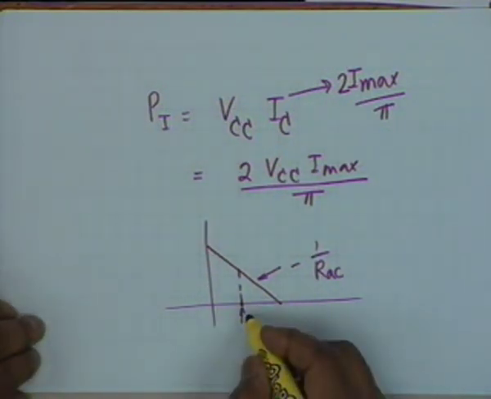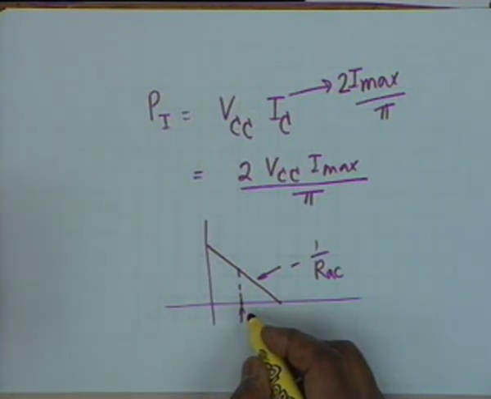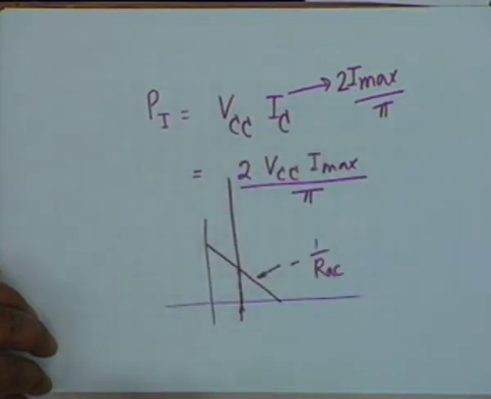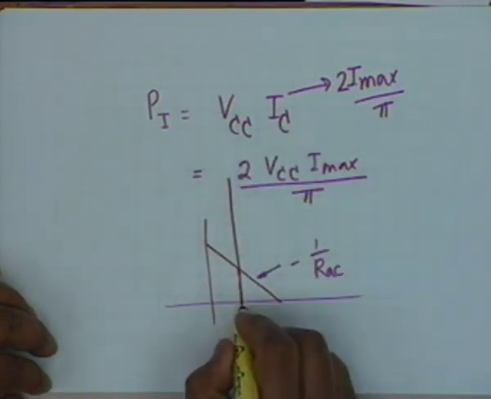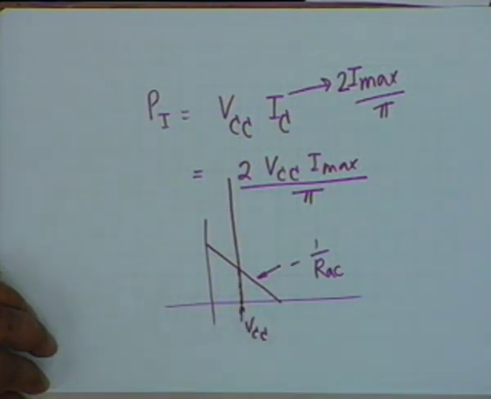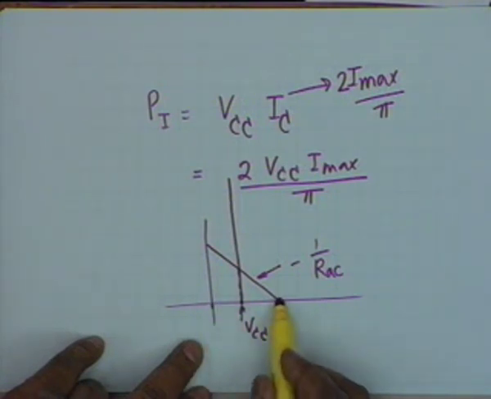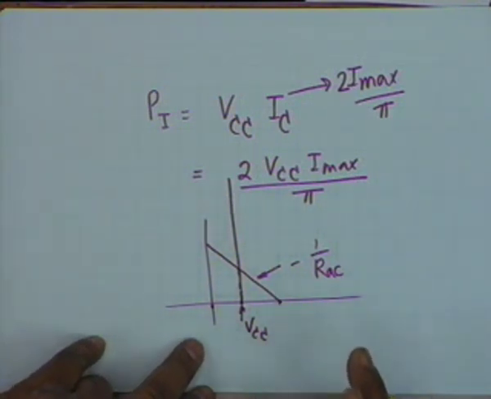This must be the VCC, because the DC resistance of the transformer primary is 0, and therefore the DC load line must be vertical. Wherever the DC load line cuts is VCC. All right. So, what is the maximum possible swing? Obviously, the collector voltage can swing from 0 to twice VCC, and therefore the peak value of the AC, that is V max, shall be equal to VCC.